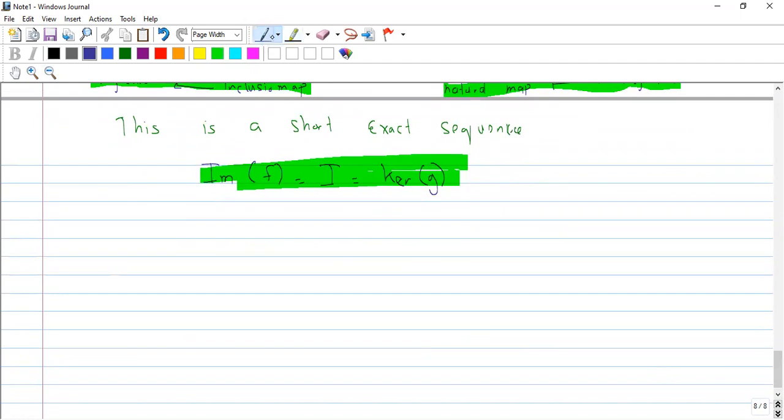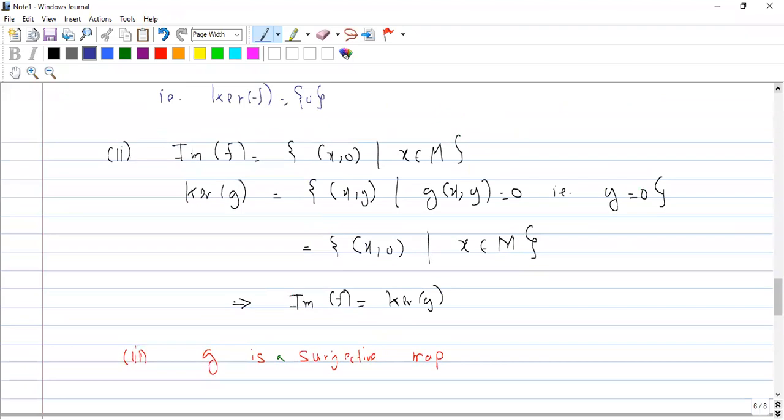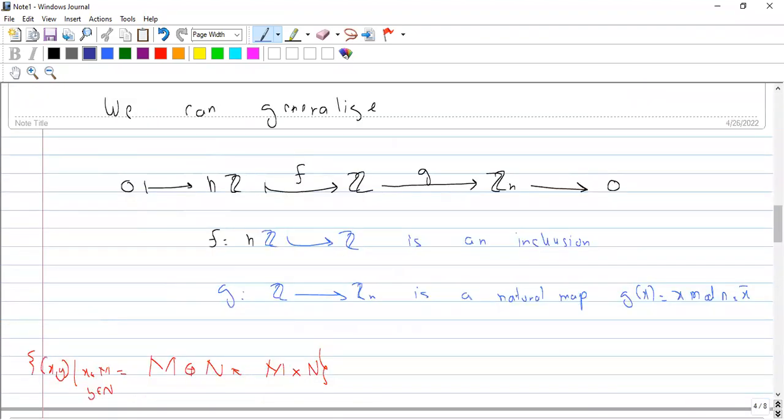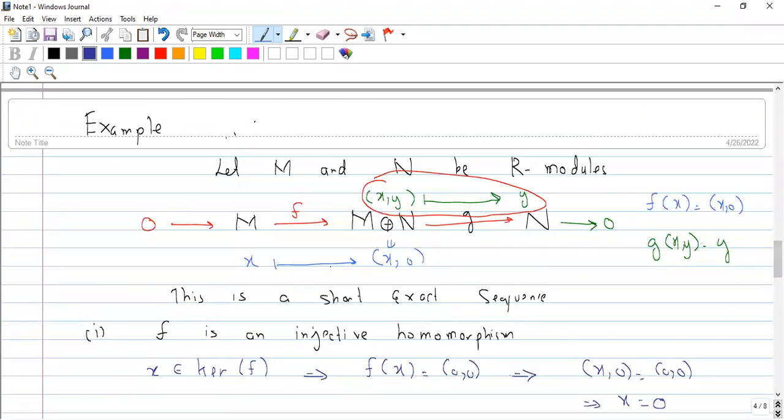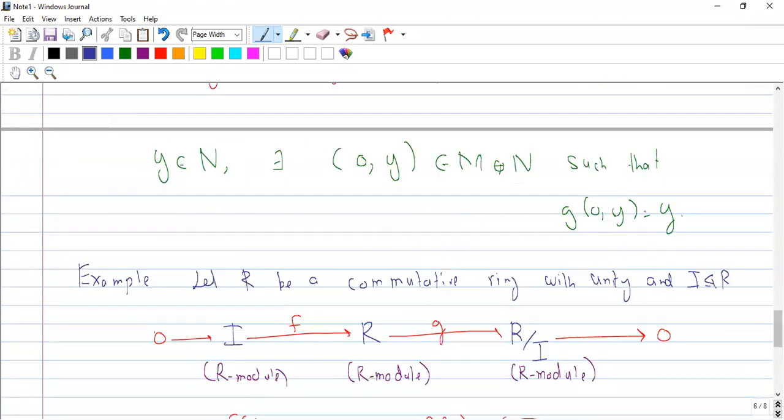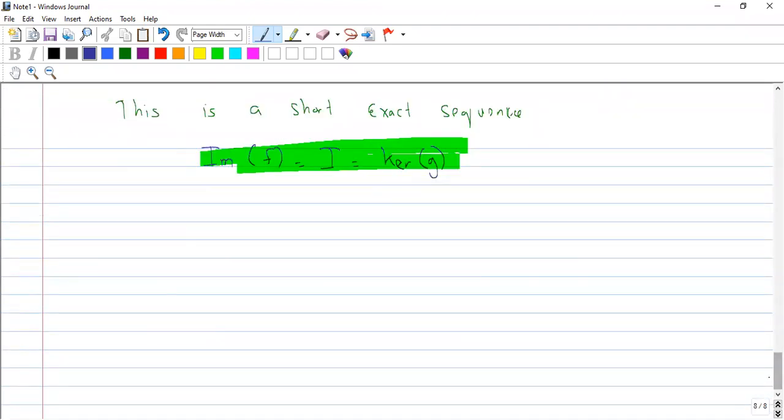We are interested in a short exact sequence in this form, which is like the second example, in which the middle module could be written as a direct sum of the left module and the right module. So that's why we have a definition of a split short exact sequence. That a short exact sequence